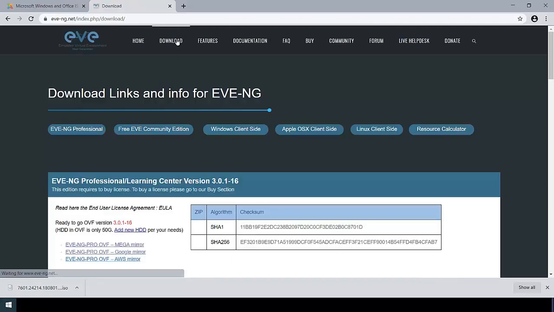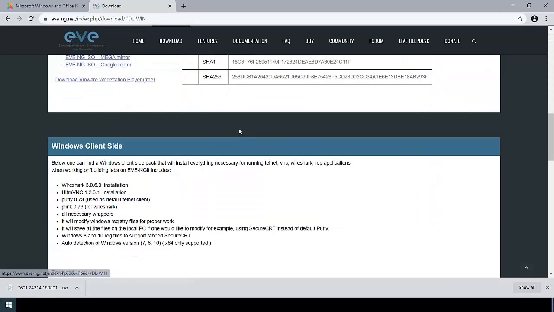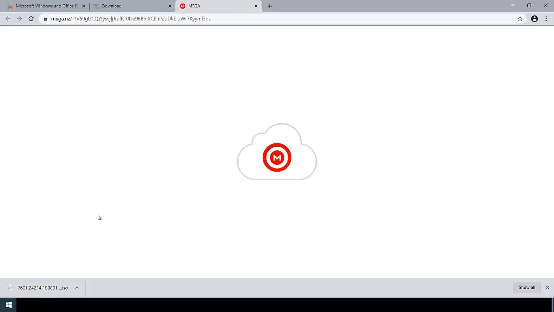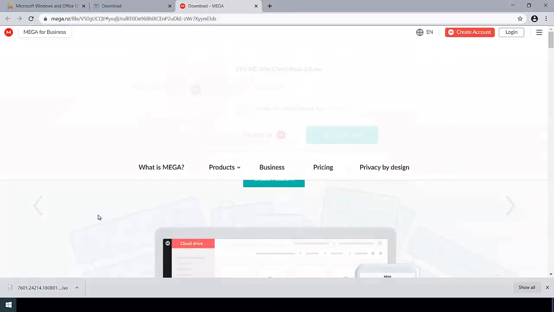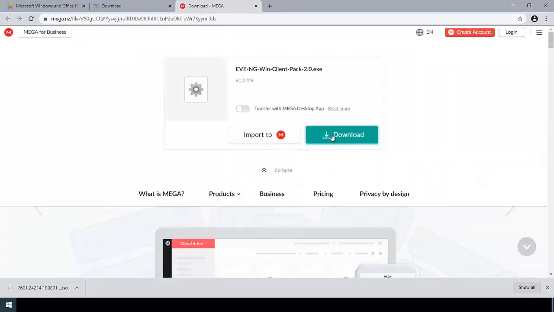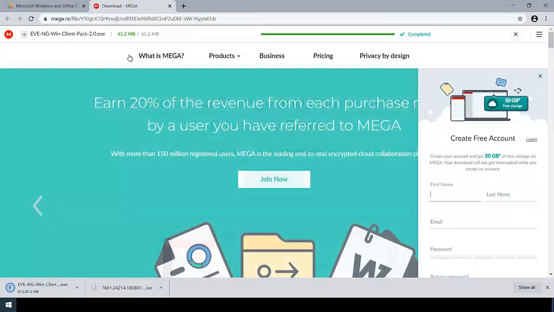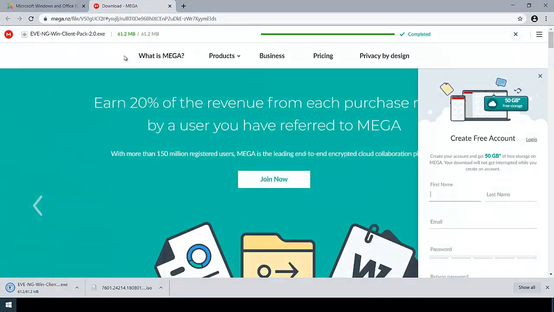It also contains tools like Wireshark by which we can do our troubleshooting. So this is downloaded.